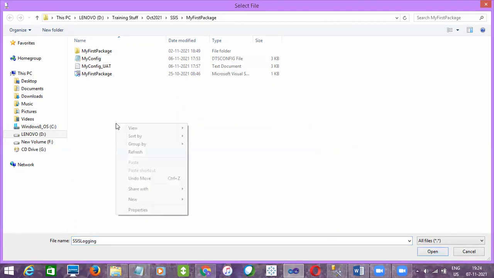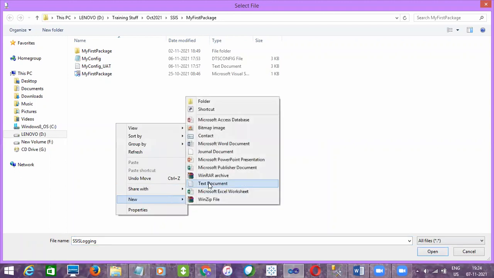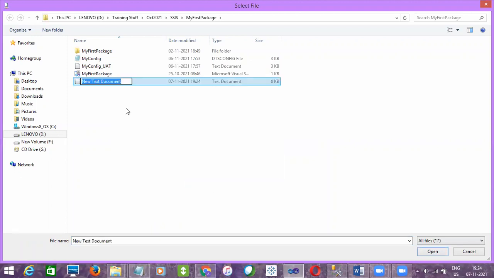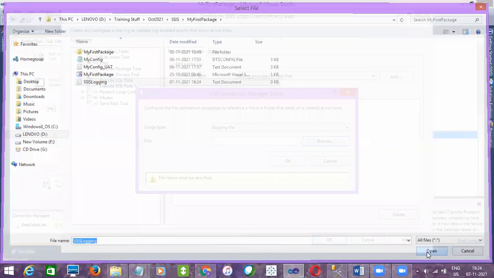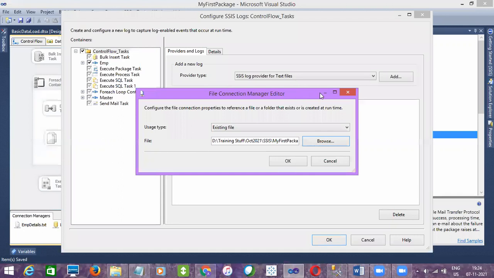You need to create a file here: right click and create it with the name SSIS logging. Okay, I'm going to give this file here and then okay.